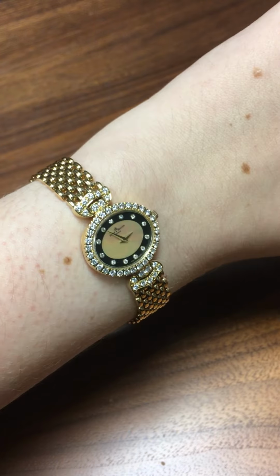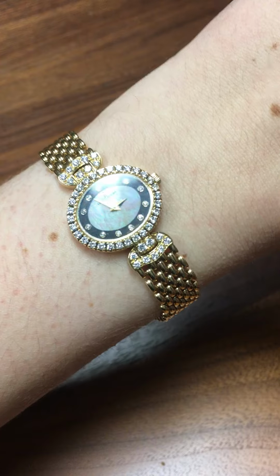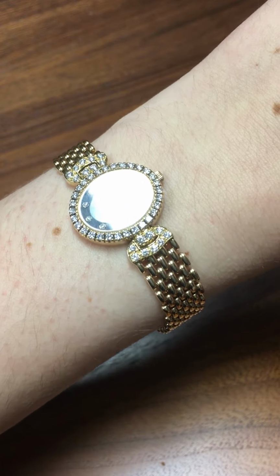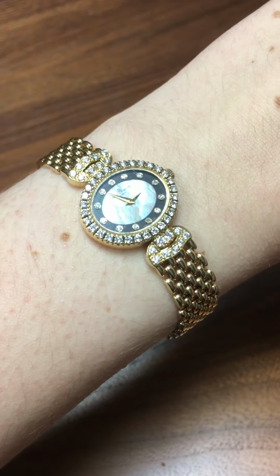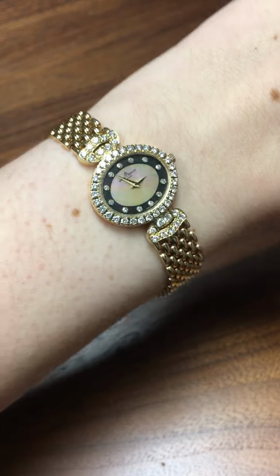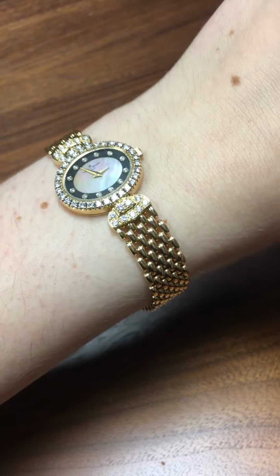But if you want to wear it in a more casual or everyday way, you could pair it with a lot more bangles or bracelets and really make it this more casual wear approach that features a little bit of this retro glam. And the other great thing about this watch is that it's an unbeatable price on the secondhand market,